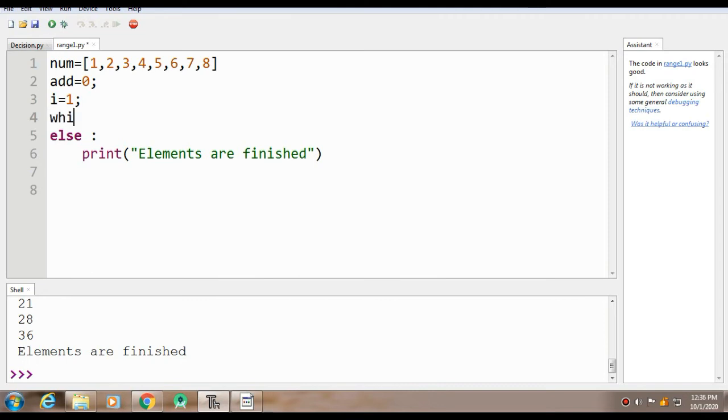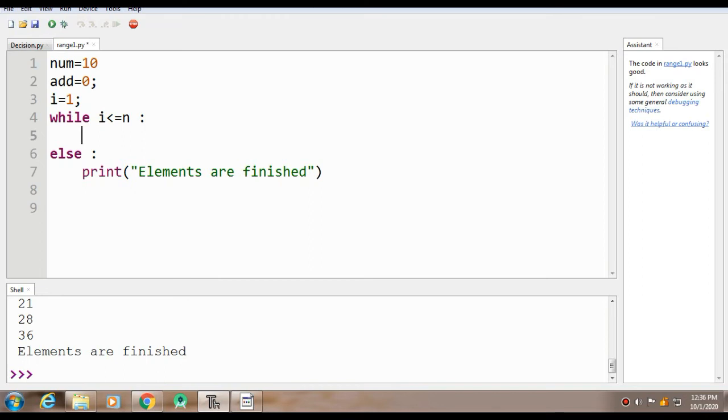Okay, then let's say we have the while statement. While I just want to check, let's say here we have the number as 10. I simply want, while the value of i is less than or equal to n, what it should do is add the value of i, add 1 to the value of i, and whatever the value of i is, it should be added to the add variable.